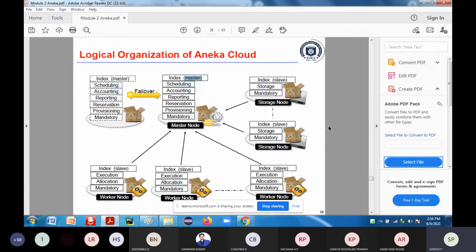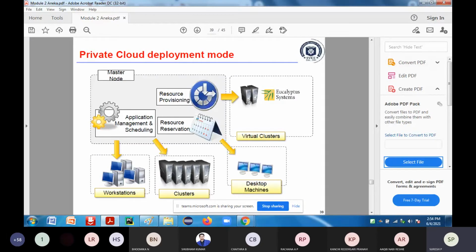Okay. So now it comes to the private deployment model. This is a typical reference architecture which you are going to have when your Aneka is deployed in private mode. So this is nothing but your private cloud deployment. What do you mean by private?